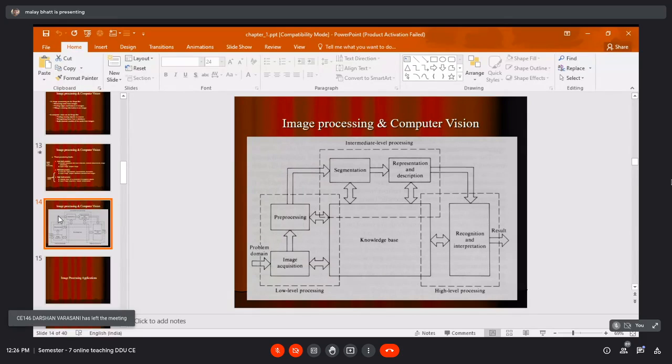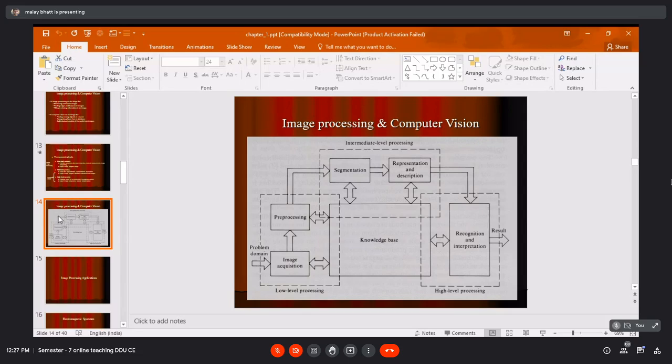Then extracting the features and generating a description, so image representation, segmentation, that will come under intermediate level processing. Definitely we have individual chapters for all these topics in the book. And the high level processing, as I told, recognition of the person and interpretation of the image, that will come under high level image processing.